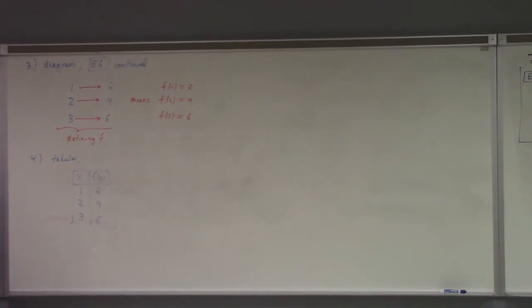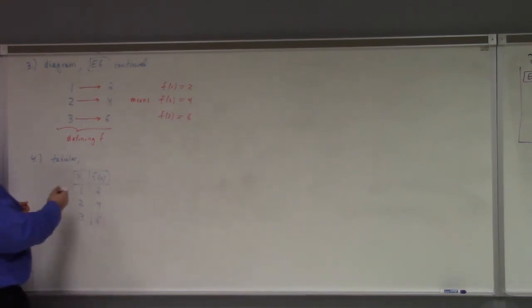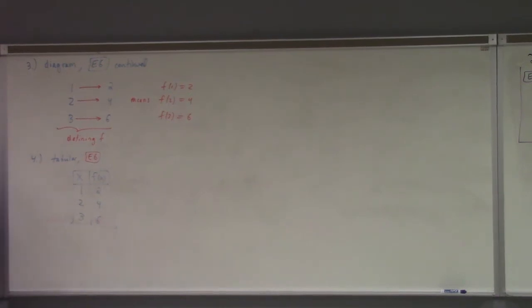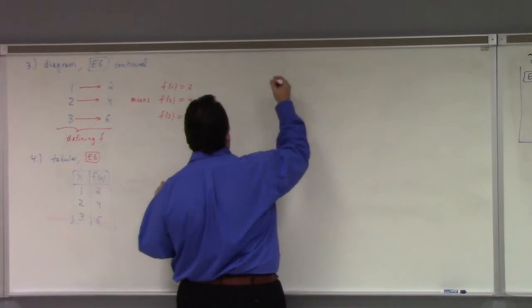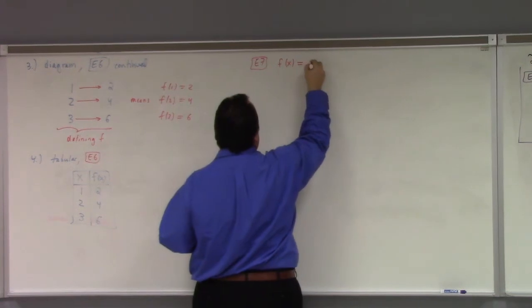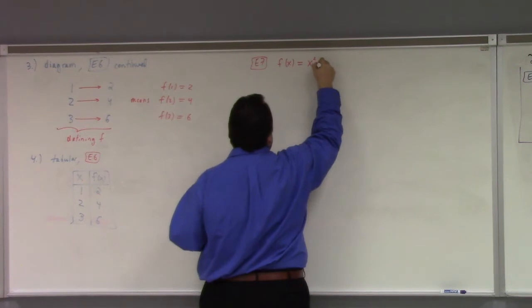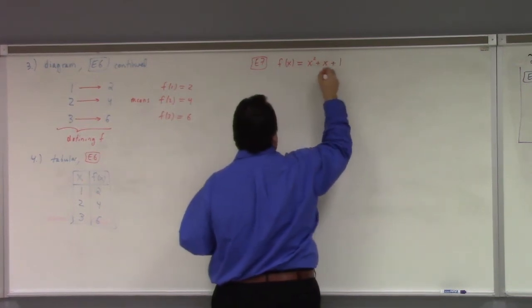So I've told you the four. Of course, we can also use a table of values to gain insight into a function. This is a complete table in the sense for example 6 that it has a row for each possible value. I could also make a table of values for a function which has a larger domain. Like I can't list all of them, right? Example 7. I could have something like f of x equals x squared plus x plus 1, right?